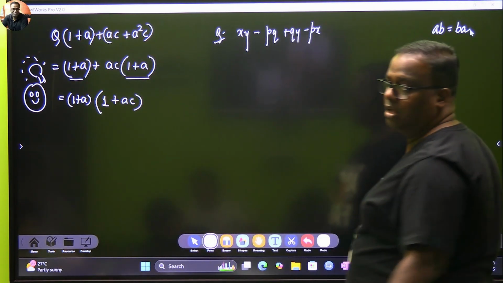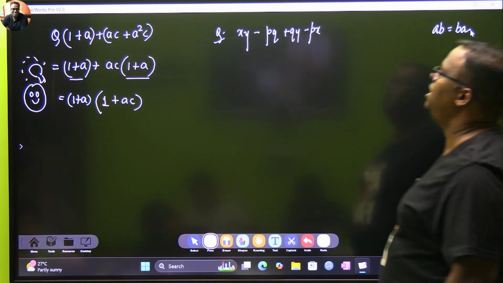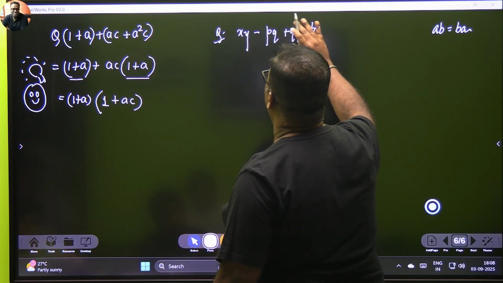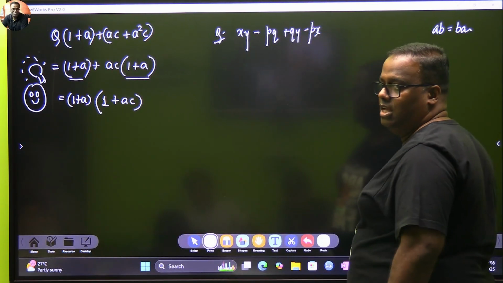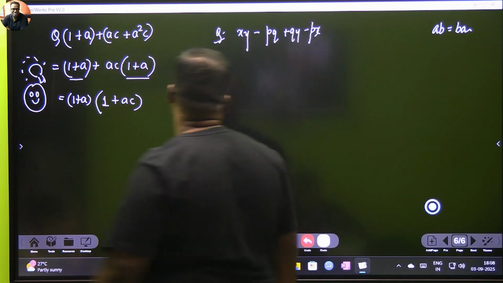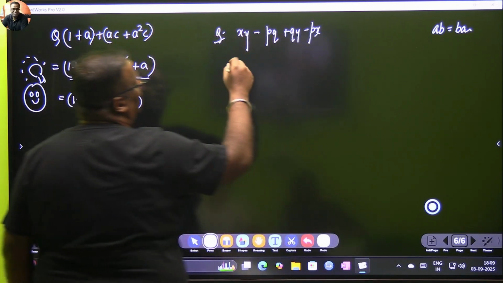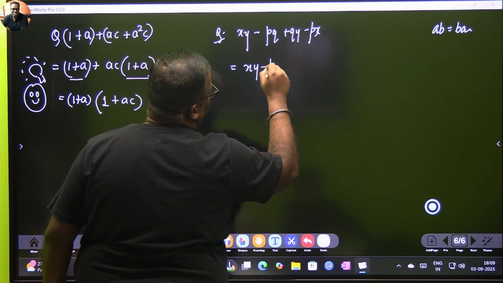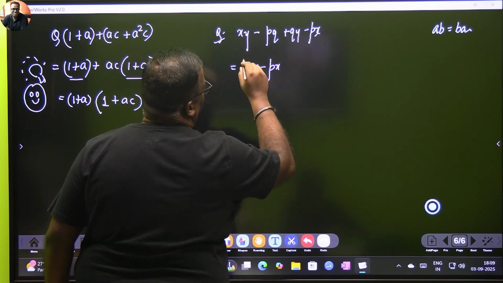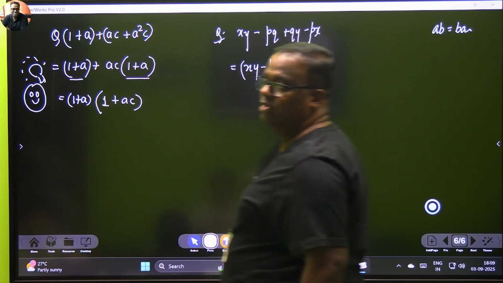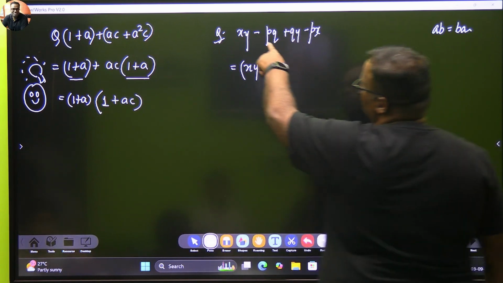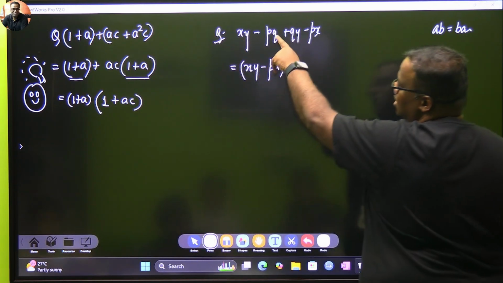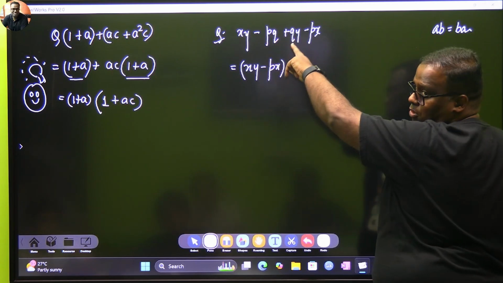Let's look. PX. So all we have here is X, Y, P and Q. Okay? So do a little bit of rearrangement. XY and PQ have nothing in common. But if I take XY and I bring PX this side, look at me, I've just brought PX. Now this term is negative. This term is positive.